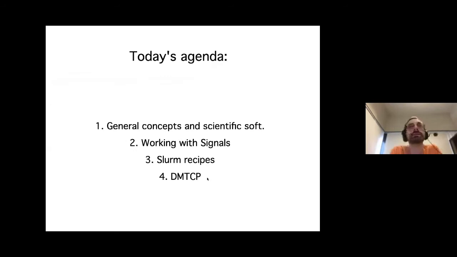So more in detail, what we are going to cover today is first some general concepts about checkpointing, a lot of definitions. Then something which is partially related to checkpointing, but actually much more general: signals. We are going to cover what a signal is and how we can use it in the context of checkpointing. Then we will continue to dive a bit more into the session of this morning. So with Slurm, how can we use Slurm for checkpointing? That's, of course, very important in the context of a cluster.